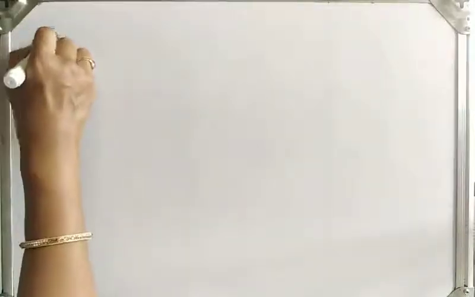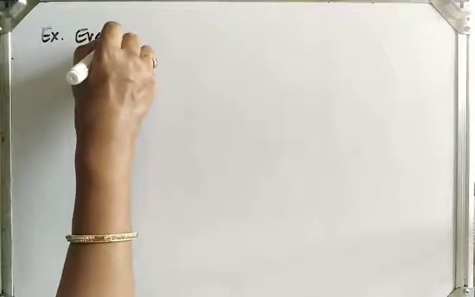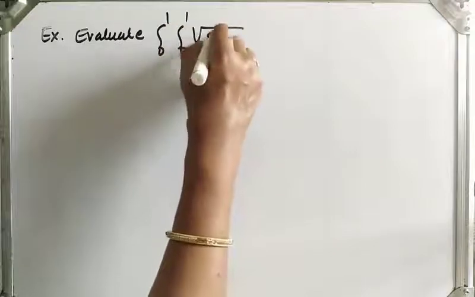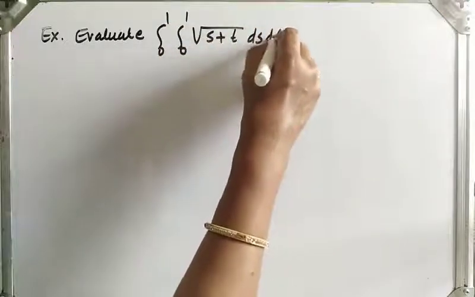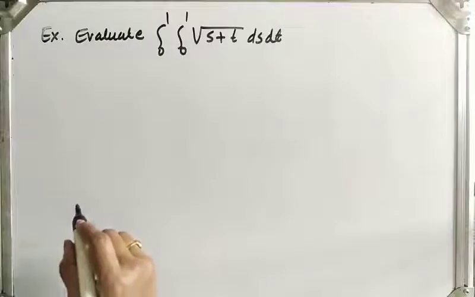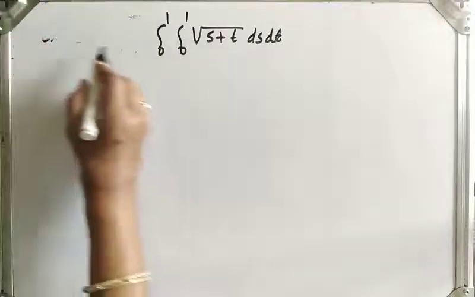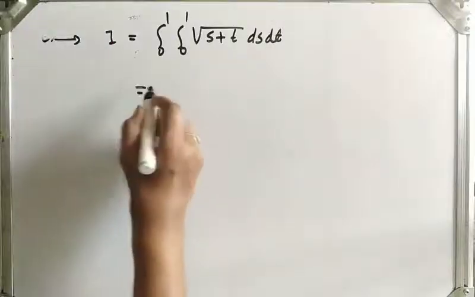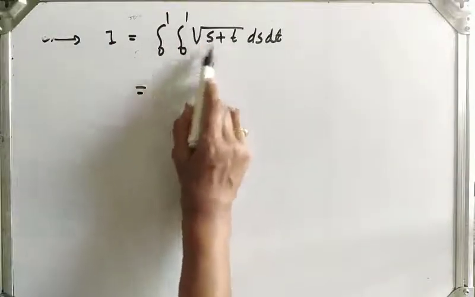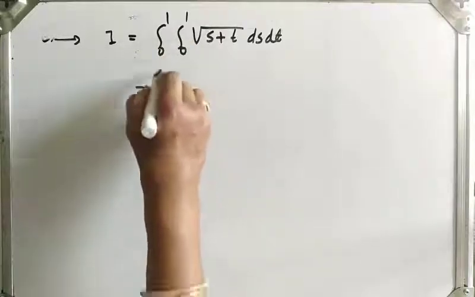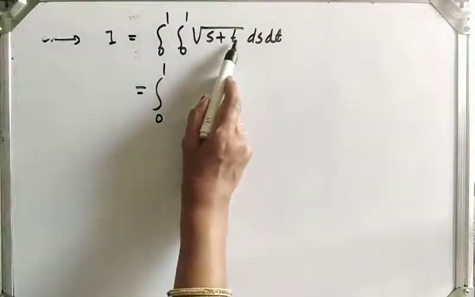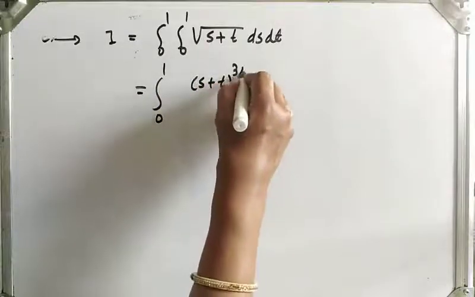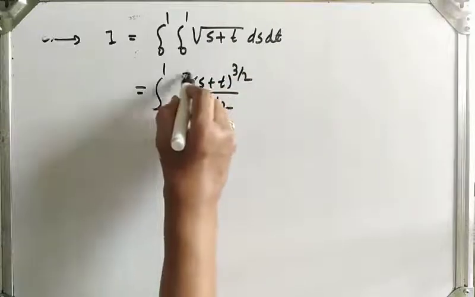Next example, evaluate the integral 0 to 1 of square root of s plus t ds dt. First we have to integrate with respect to s and then with respect to t. So in solution, I is equal to this given integral. Now integration with respect to s: the first integral 0 to 1 as it is, this is s plus t raised to half. After integration with respect to s, it will be s plus t raised to 3 by 2 upon 3 by 2,